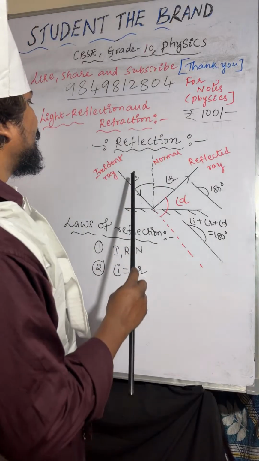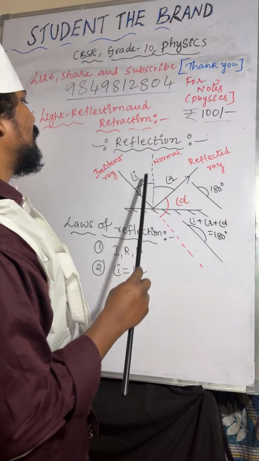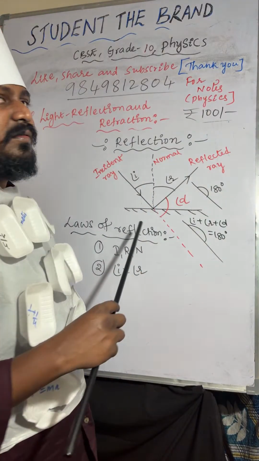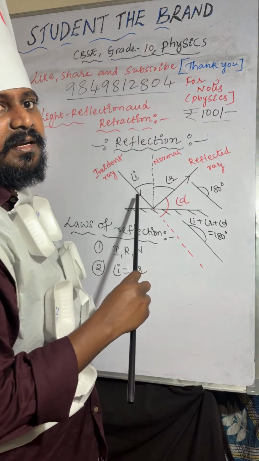Here you can observe the incident ray, reflected ray, and normal line lie on the same plane. The angle between the incident ray and the normal line is called the angle of incidence. The angle between the reflected ray and the normal line